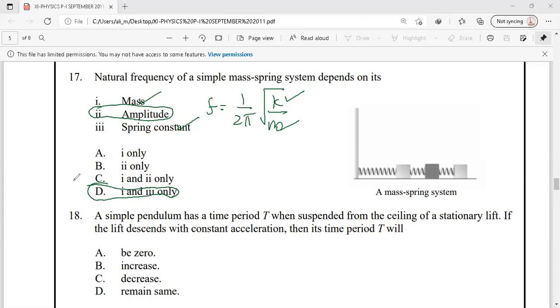Let's see question number 18. A simple pendulum has a time period T when suspended from the ceiling of a stationary lift. If the lift descends with a constant acceleration, then what will be its time period? We know that at the surface of the earth in a stationary condition, the acceleration is equal to g. For a body moving upward,